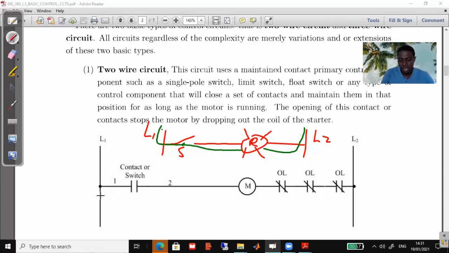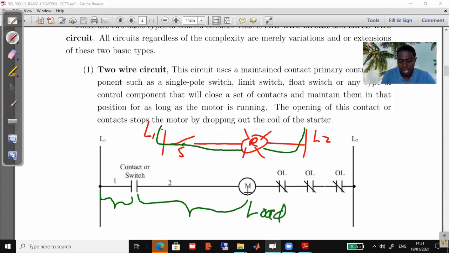Because it's got two wires. This is wire 1 from this section to that section before the switching device. Okay, before any pilot device, you've got what we call a line 1. So you count the lines from there, that's line 1. And then from there to the load. So you've got a load,